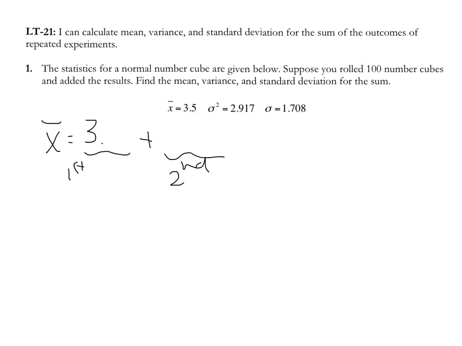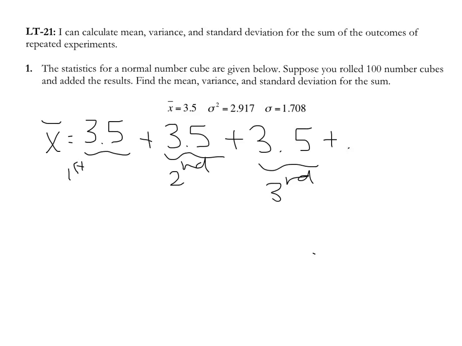In this case, you would just get 3.5 plus 3.5. Now imagine that you rolled a third number cube and you added up the results from all three of your rolls. Your new mean for the sum would be the mean for the first number cube, the mean for the